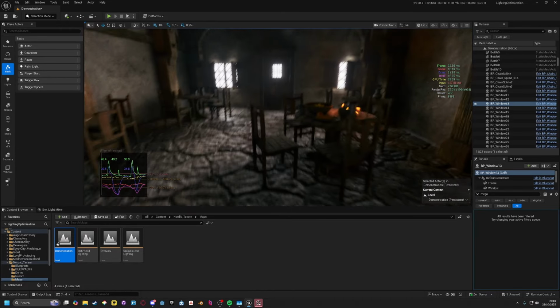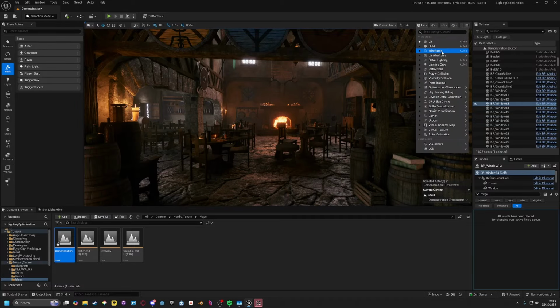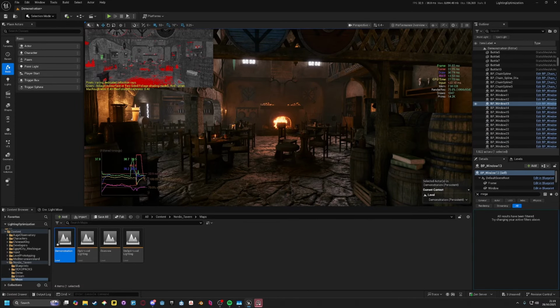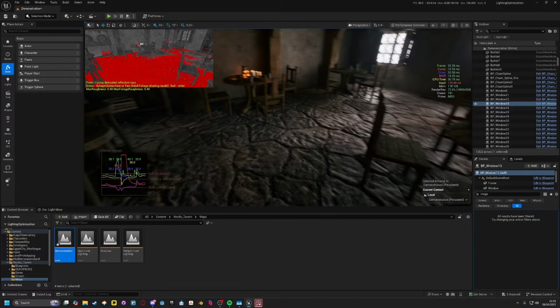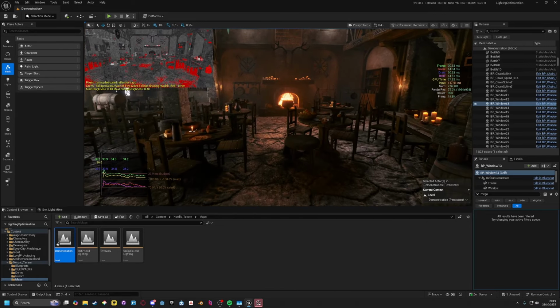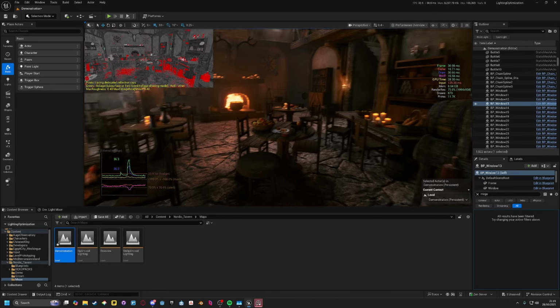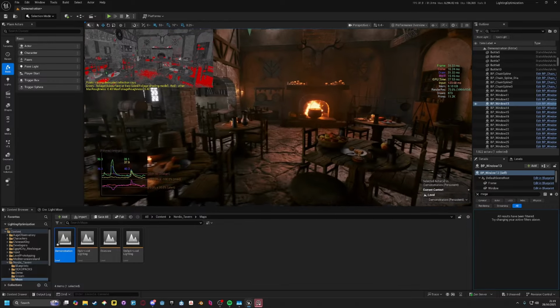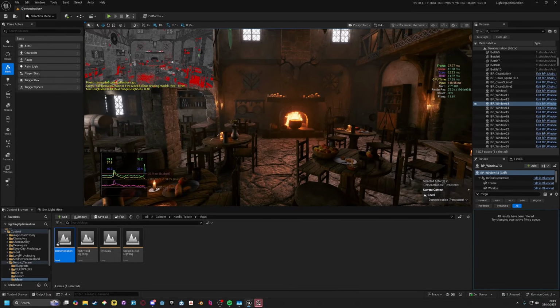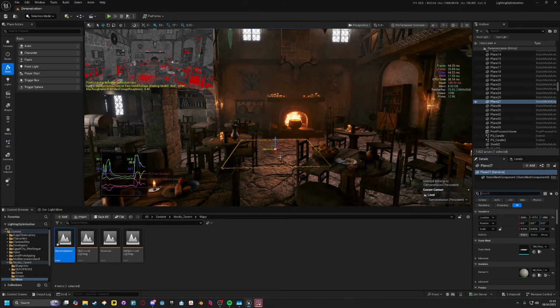Another thing I wanted to look at is how to improve or optimize reflections. I'm not sure if you noticed, but this floor is pretty glossy, and I did that on purpose, because if you go to Lumen and Performance Overview, you can see these red parts, and these are the reflections that require specific Lumen rays to calculate the reflections. So you have two ways to fix this. The red part is the most expensive part. You want as little red as possible, so you can reduce the roughness of your materials,